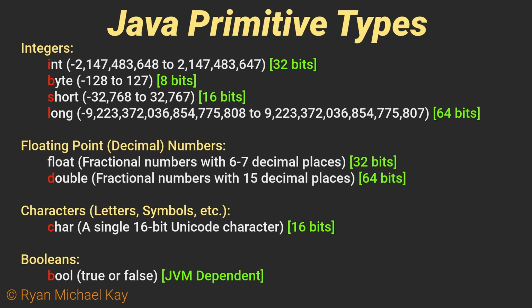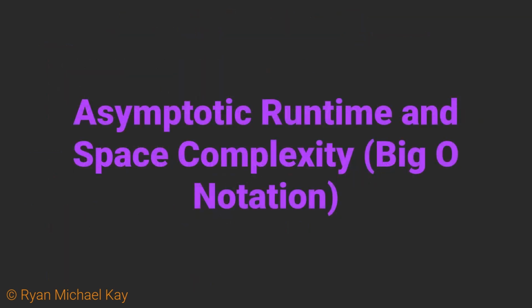It is also important to remember that these primitives take up varying amounts of memory space. Normally this difference is negligible, but if you would like to learn when it is not, then you will want to study a topic called asymptotic runtime and space complexity. This is a topic in software engineering and is outside the scope of this introductory software development course. In simple terms though, if you are dealing with enormous quantities of data, you need to be concerned about using the smallest and most efficient types for the job.